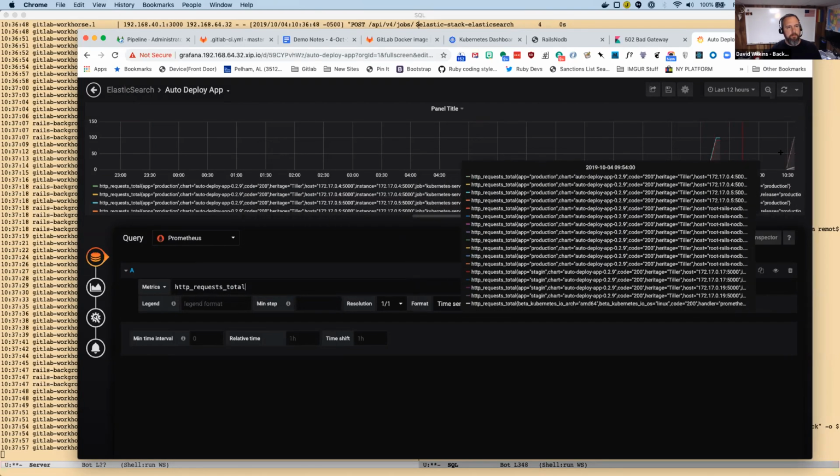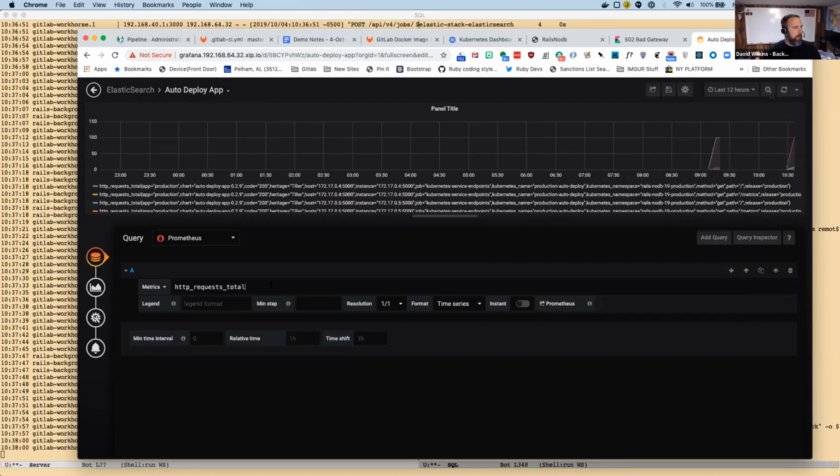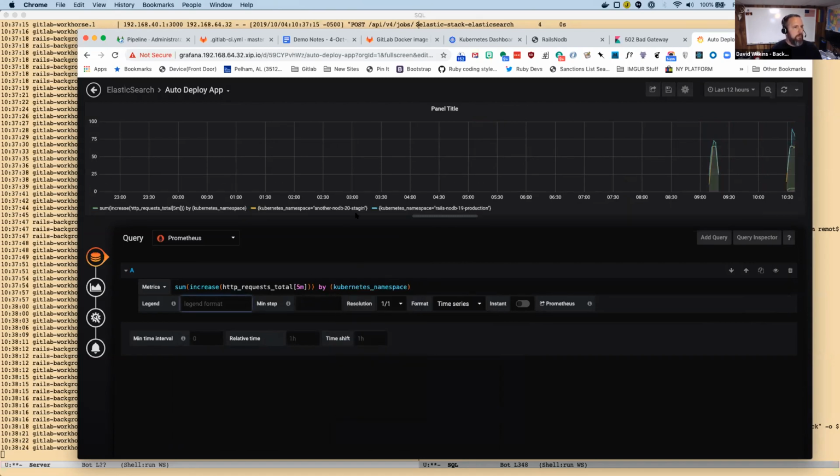So there's some requests that I did earlier today. So we see the graph here is showing me my Rails NodeDB production and my another NodeDB production namespaces, and